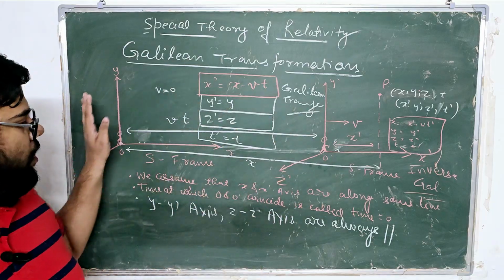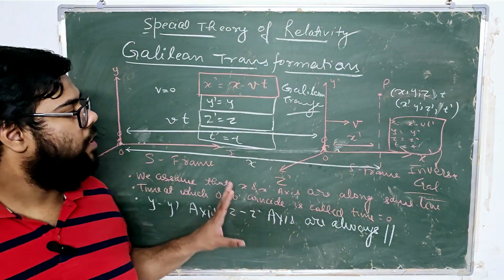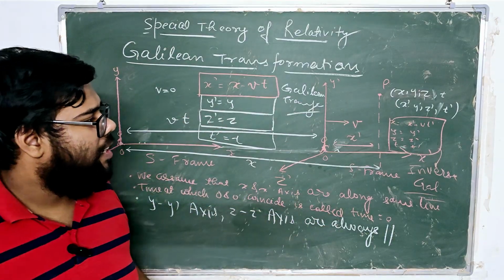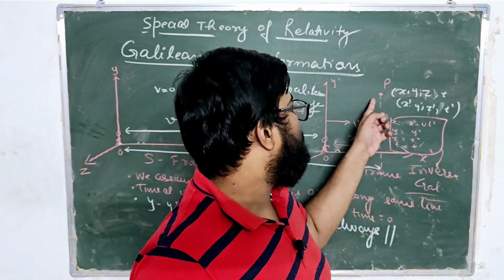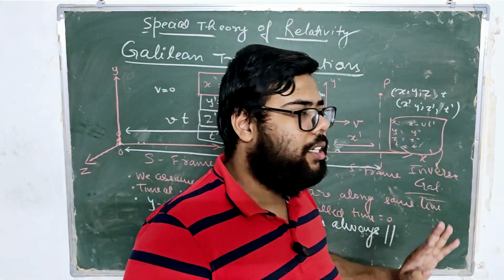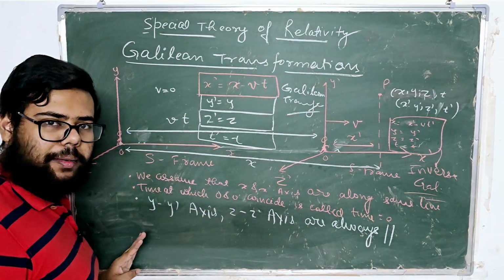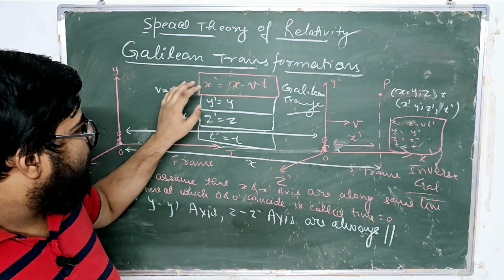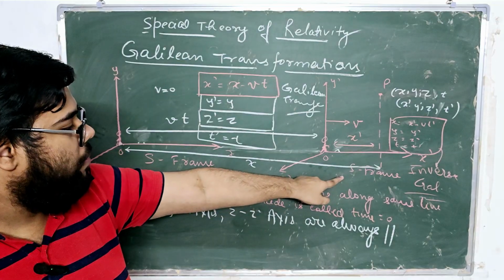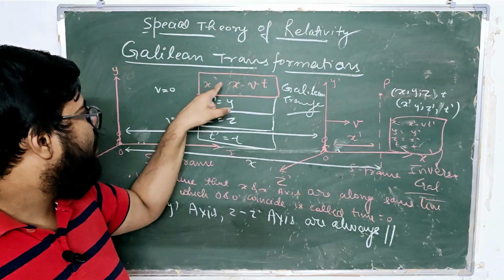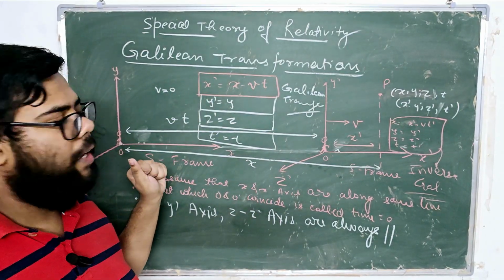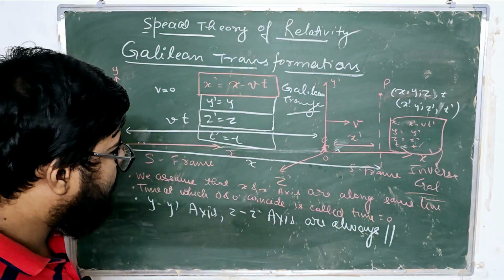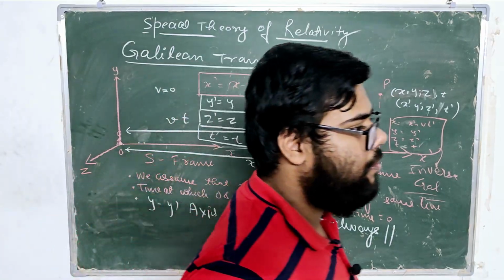Okay, so this is the first case, the most basic thing in Galilean transformation. Now let's move further in this, and let's talk about when this particle is in motion. So let me erase this, then we'll move forward. Okay, I hope you understood what I mean. This is the coordinate of that particle measured by S dash frame according to the data given by S frame. Okay, this is how you do, and this is just the inverse of it, right?